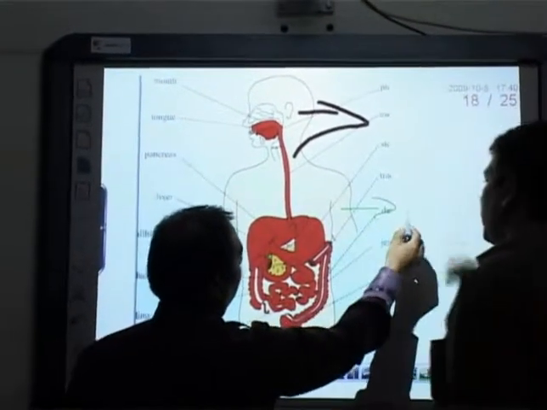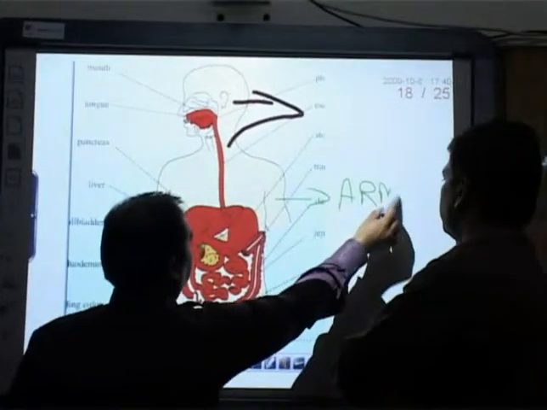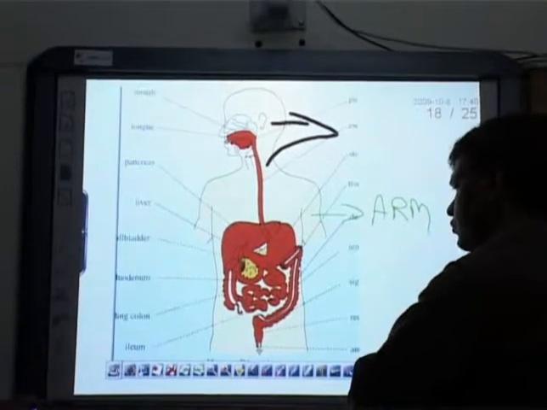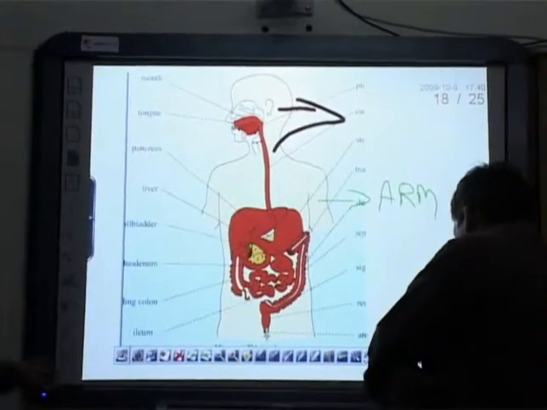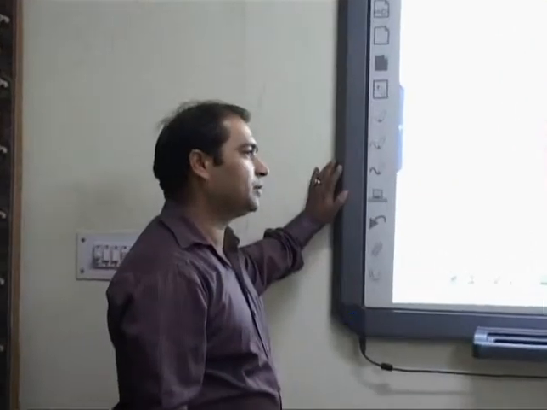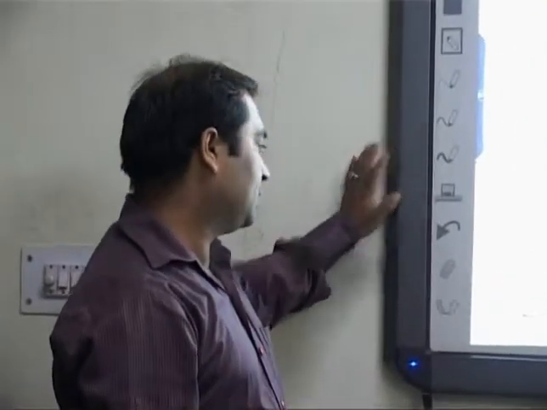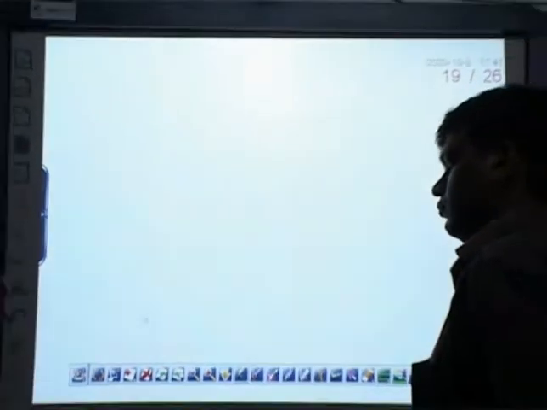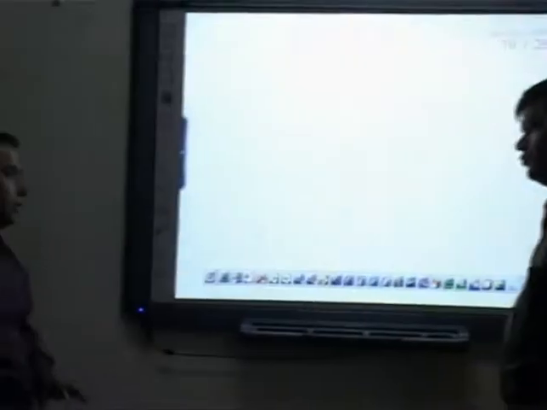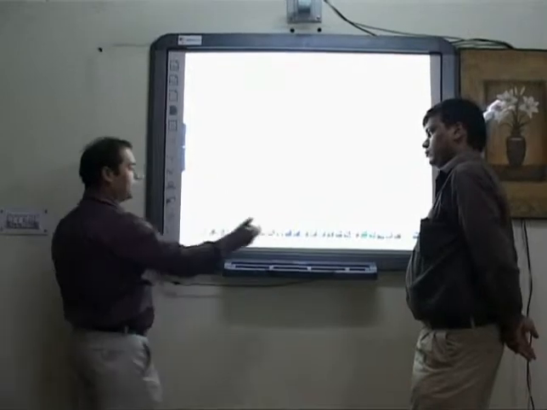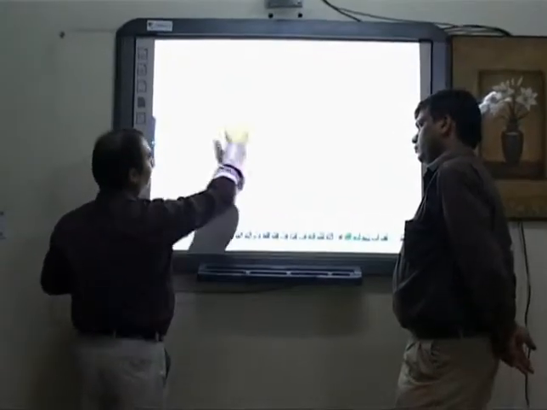What is the technology behind this magic? The technology of that board is that we are using IR sensor technology. And the surface of the board is very hard. We are using a Formica based surface. And the best thing is no consumable is required for using that board. Suppose you are using that kind of dummy pen and it gets loose, there is no need for any kind of electromagnetic pen. You just simply use your finger, select the tools, and you can write.